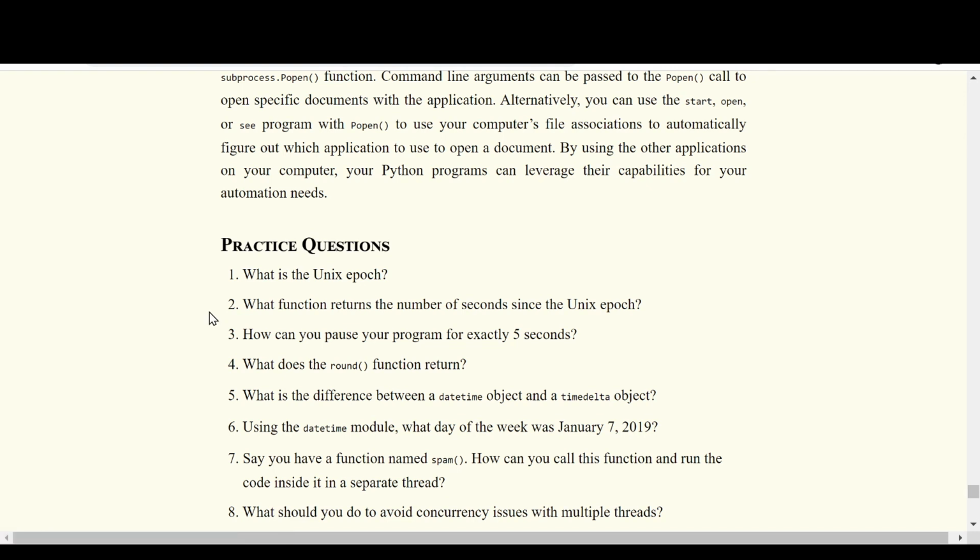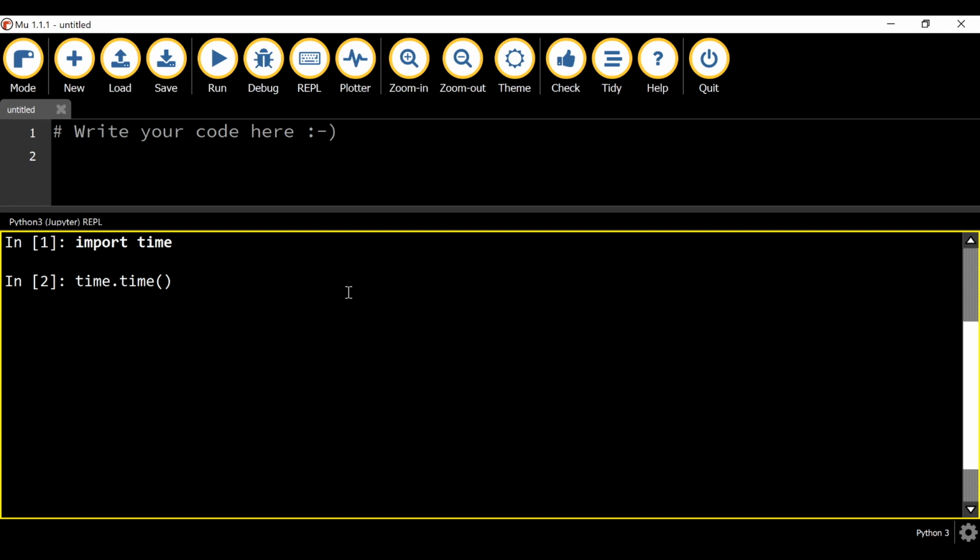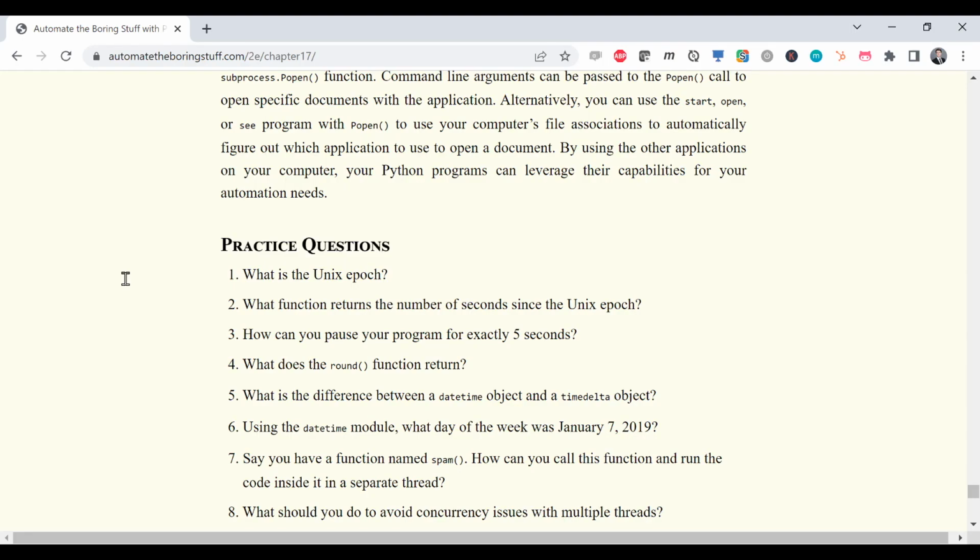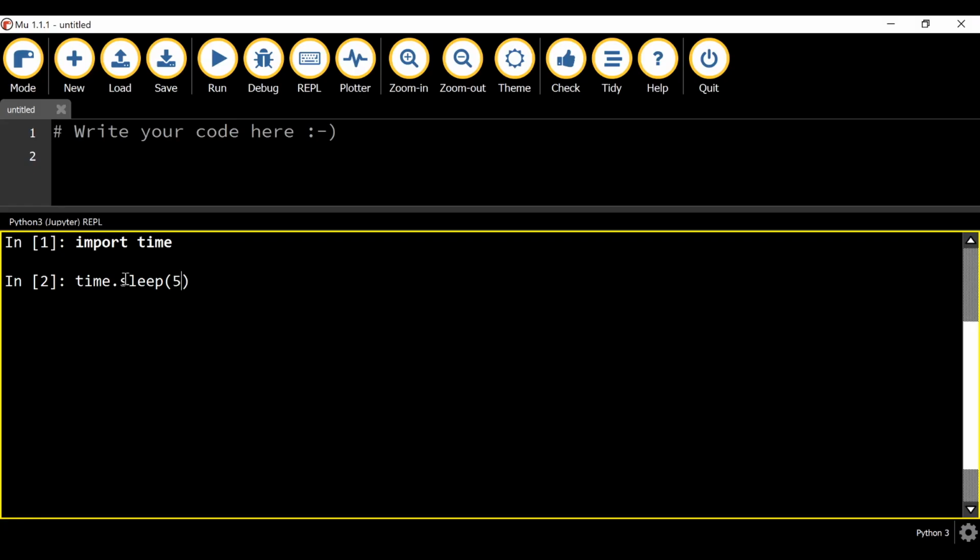What function returns the number of seconds since the Unix epoch? So for that, we are going to use the time method, which is part of the time module. So we need to import that first, and then we can call time.time. How can you pause your program for exactly 5 seconds? So for that, we are going to use the sleep method, which is also part of the time module. And we pass the number of seconds as an argument to the sleep function here, which specifies how long our